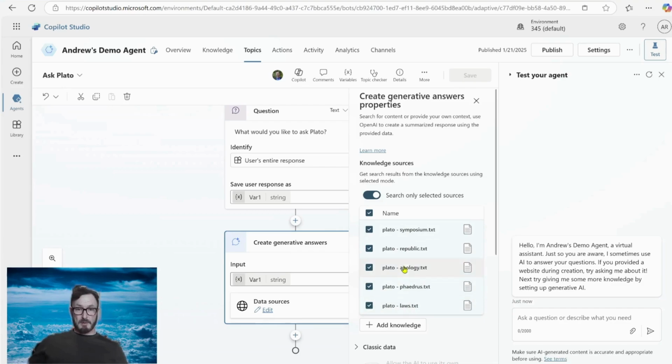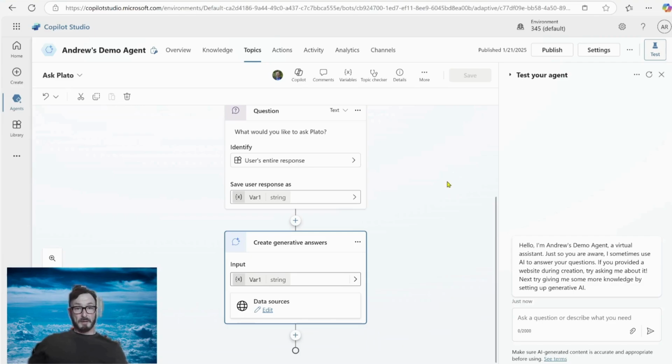This knowledge can be, in this case, a bunch of text documents that are Plato dialogues, but it could be a SharePoint site or something like that. So you could say, just look at the documents in this place and generate an answer based on that. What happens is Copilot goes away, indexes those documents, and then makes them available. Just to give you an example, I could say ask